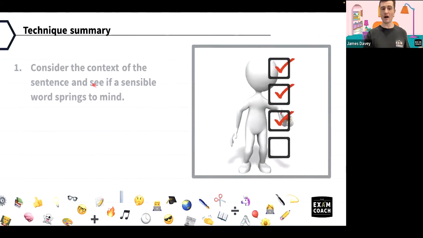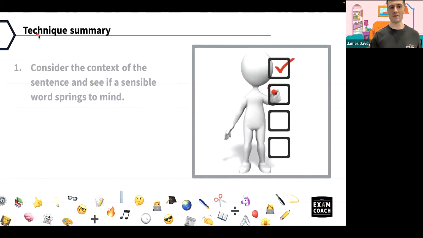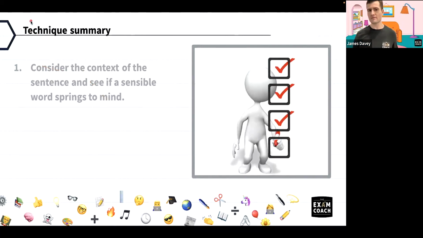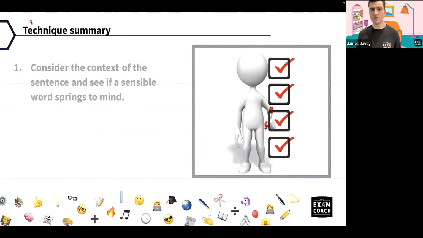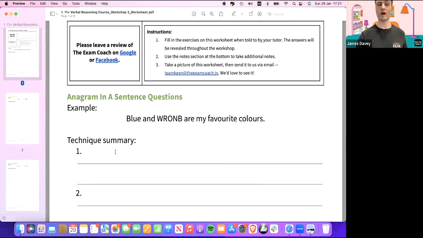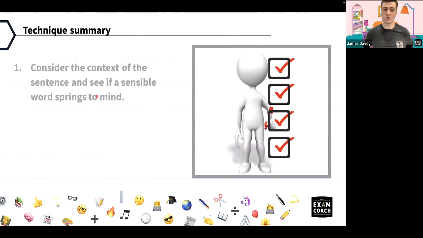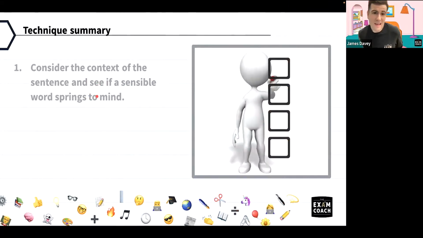Okay. First, don't really look at the jumbled words, the anagram. Don't look at that. Read the sentence. All right. Consider the context of the sentence. You should write this down on your sheet, please, everybody. Here, point 1. Okay. Consider the context of the sentence, because actually, I think a lot of us there probably